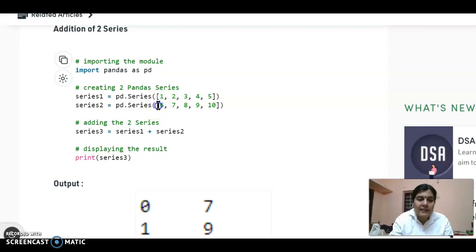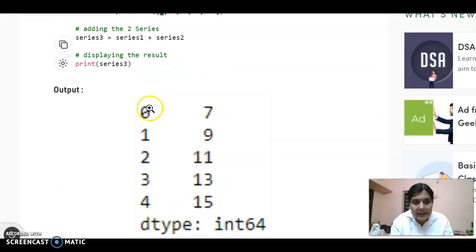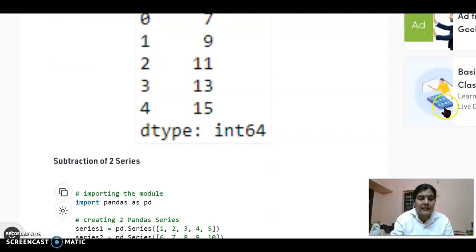Same index elements are added, and 1 plus 6 gives 7. 2 plus 7 gives 9. 3 plus 8, 11. 4 plus 9, 13. 5 plus 10, 15 and so on. So same index values are added. If there is no value with the same index, then NaN will be the result.